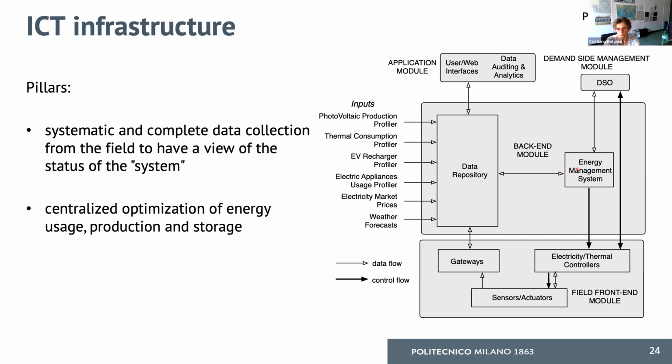Here we have the core of the decision model, which is the energy management system that interacts with the demand side management model, which is the one that provides the energy or the requests to reduce the use of energy, because, for instance, the rest of the district or the city has higher requests. It is a centralized optimization energy strategy, which means that we have a single module, the energy management system, that takes the decisions for all.